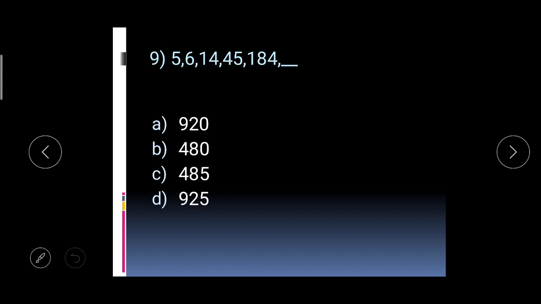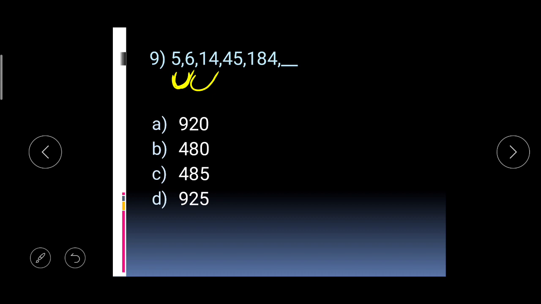Okay, let's see. Please try 5, 6, 14, 45, 184. See how to do it. Okay. See, I told you, first of all, if you want to start with taking the difference, you can try with the difference. But let me tell you how to start. See, from 5 to 6 it has just one difference, right? It is a difference of 1. 6 becomes 14, so the difference is how much? The difference is much more than the single 1, right? It is more than 1.